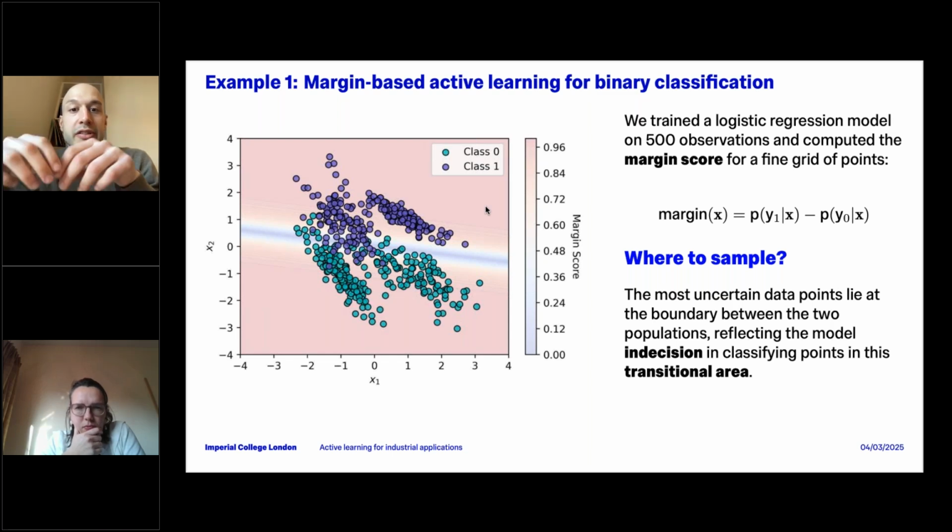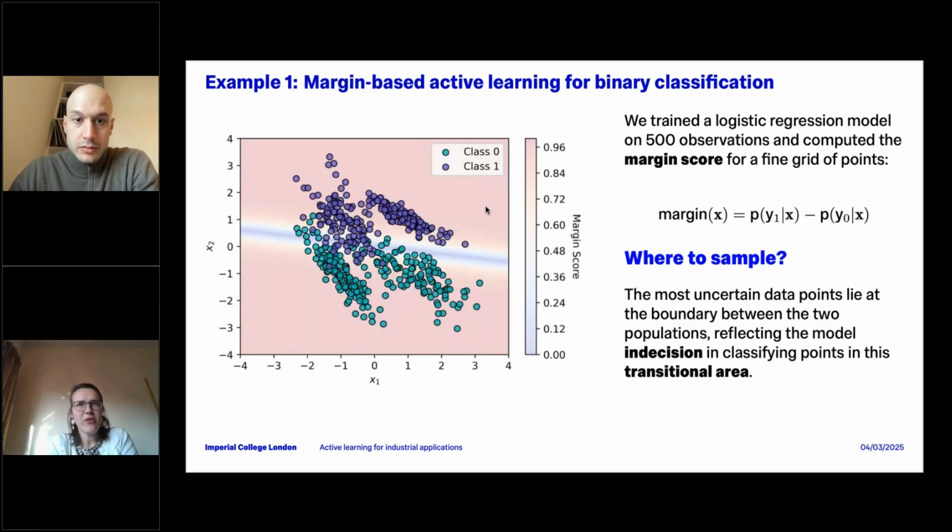Whereas where this difference is really small, the two predictions for the two classes are very similar, and I'm not really confident whether this image is defective or non-defective. So I want to focus on those images where the scores for the two classes are close.